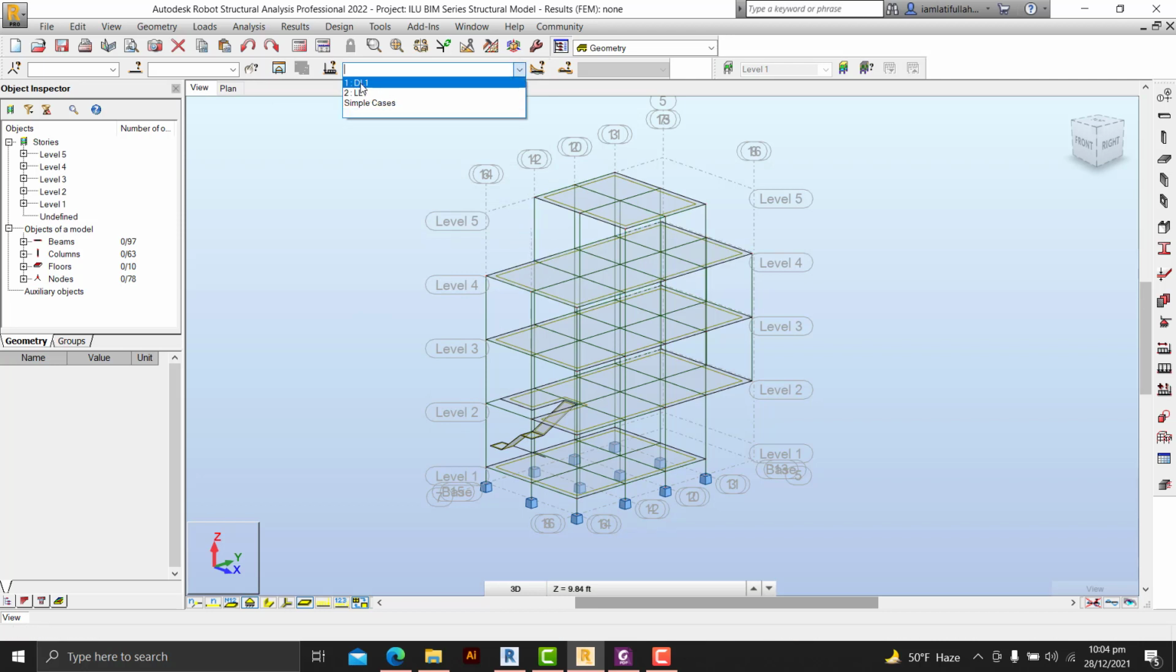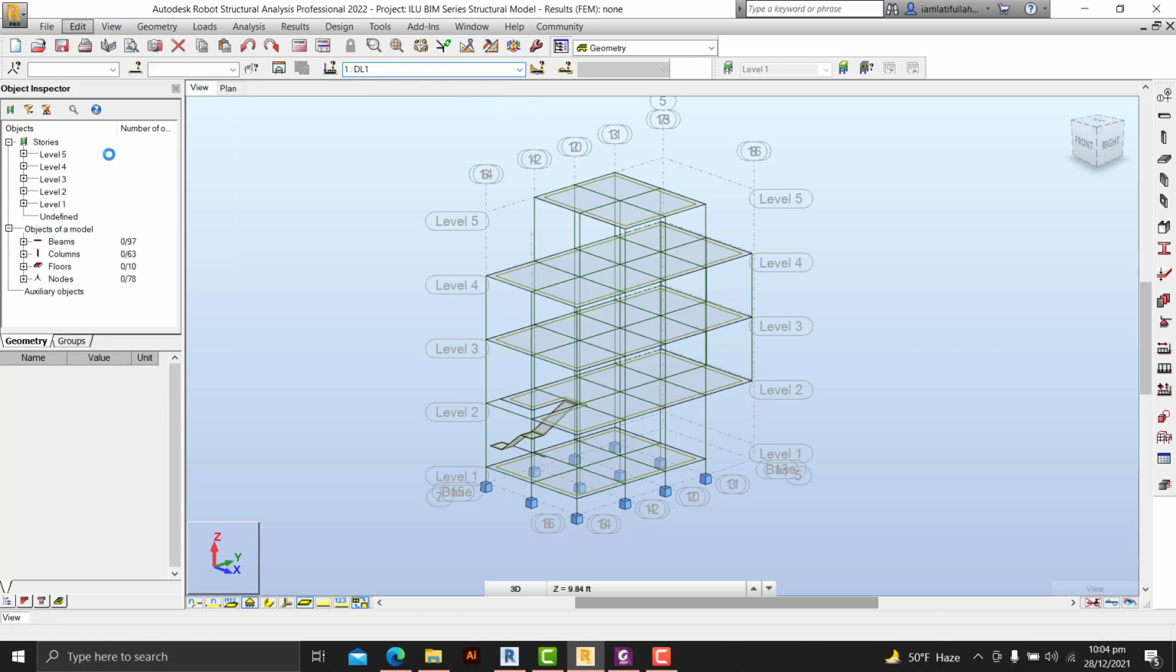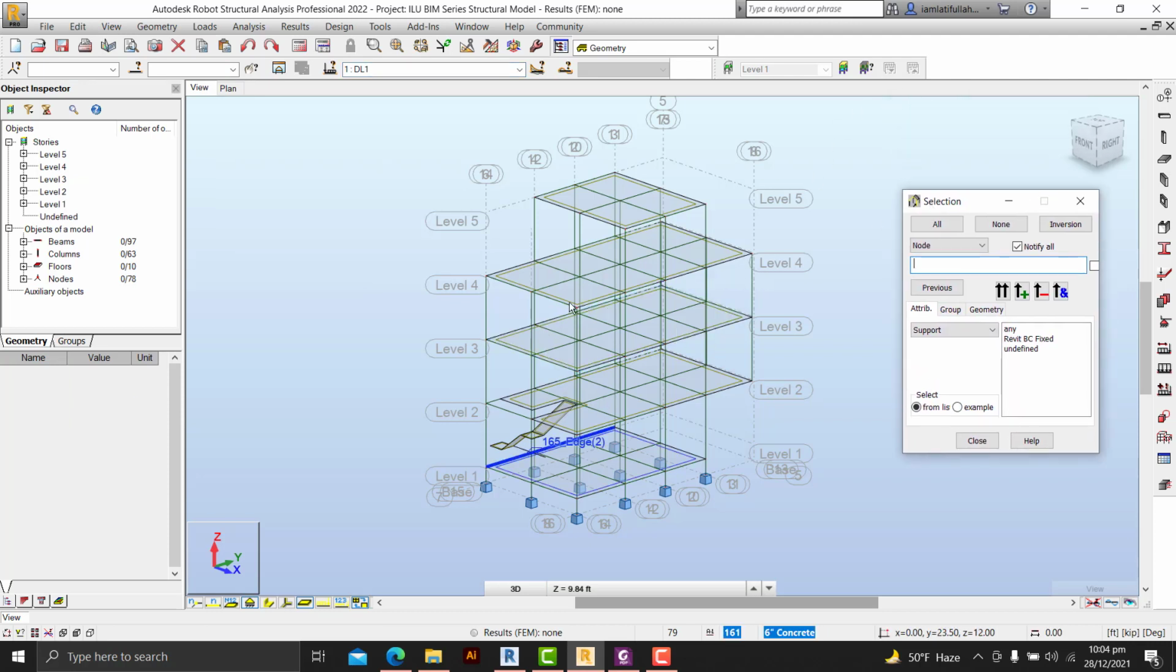Like if you want to assign a dead load, click on the dead load, then go to the edit tab, then from edit click on select. This is a quick way to select floors and any other members which you want. You can just select the member type, and then from the properties you can select the property. Like for example, if I click on panel, and it is now based on thickness we have given